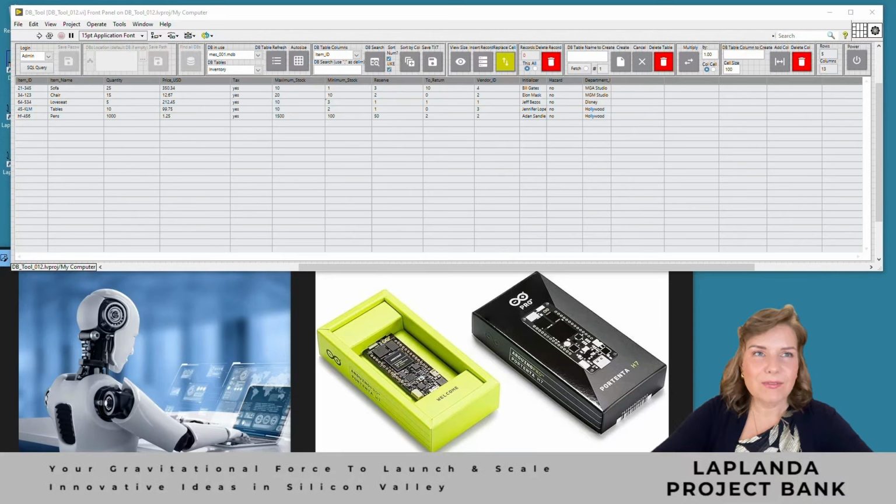Hi everyone! In this episode we'll look at new functions in our database tool. Database tool is a program we are developing in the LabVIEW environment, and our goal here is to bring together